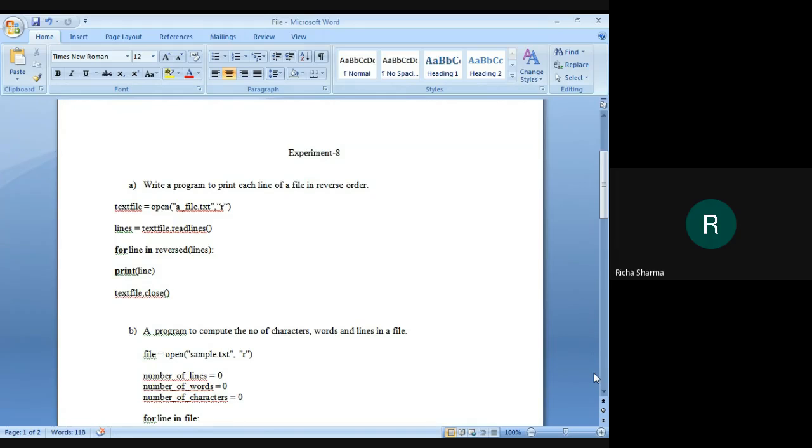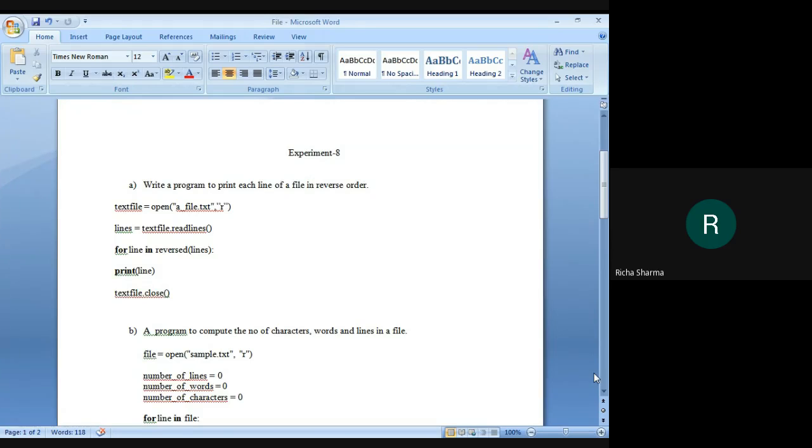Now in the next line, we have applied a for loop, and we call the reversed function and pass the list that we have created in this reversed function. The list that is created using the readlines function, we have passed that list in this reversed function.